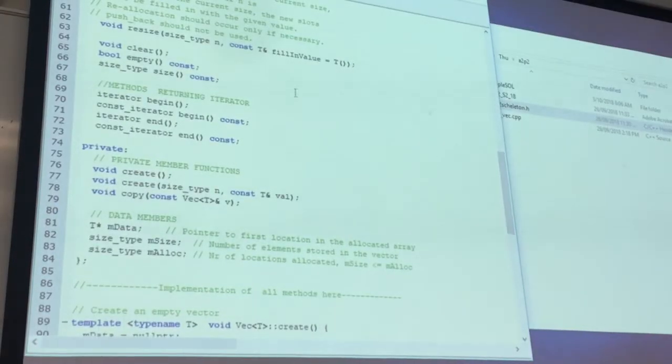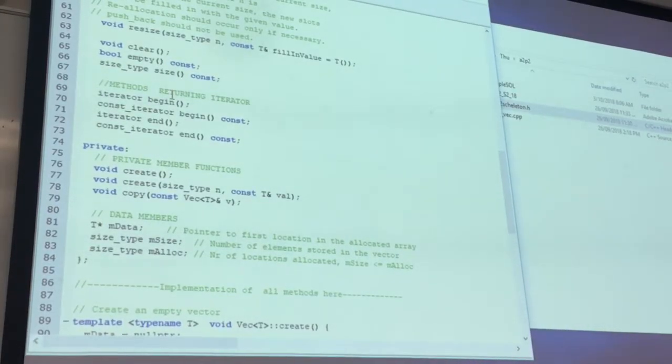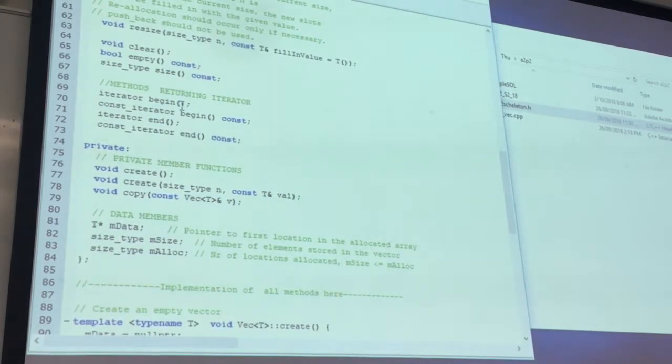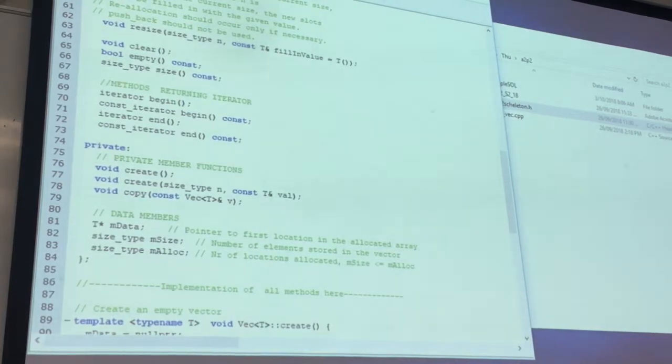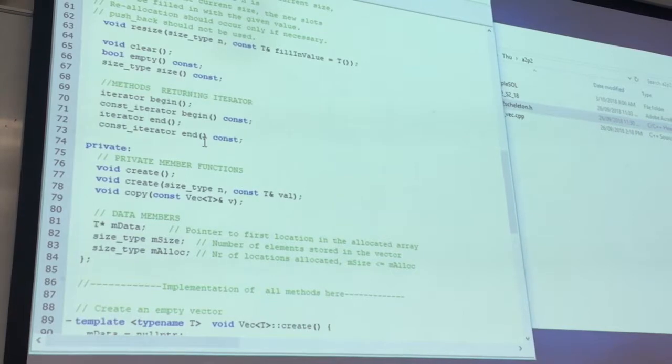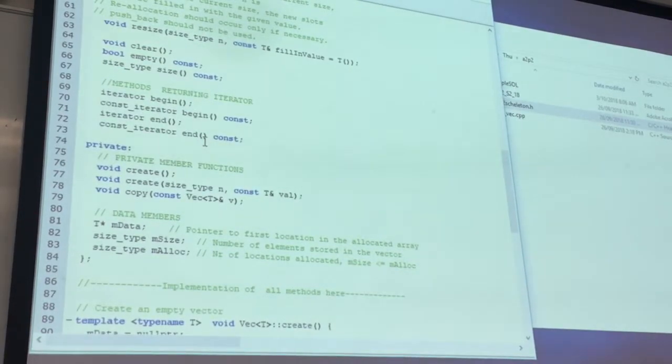So some of these functions are quite simple, one statement or 2 or 3 the most. Begin, it's just returning the pointer to the beginning of m data. Return m data, it does the job. So it's again one simple thing. Return the end, you have to look at m data plus the size. And this will take you to the first element outside the vector. So another one element. And constant, you have the same code, but because you put it constant,